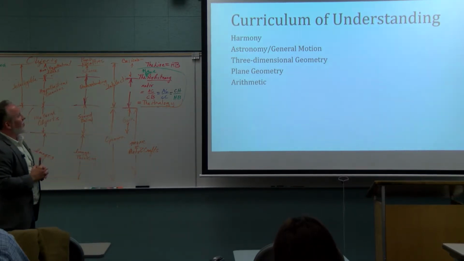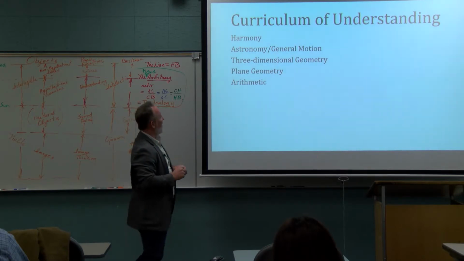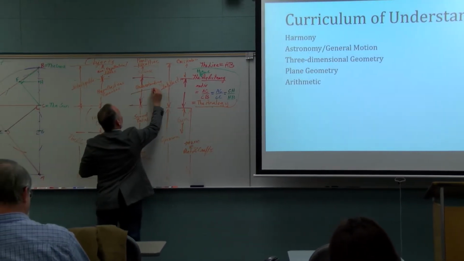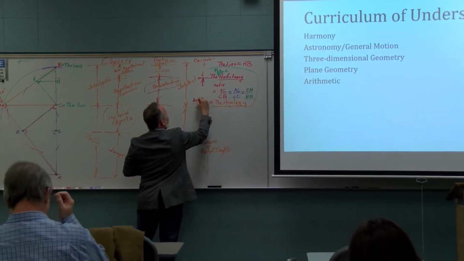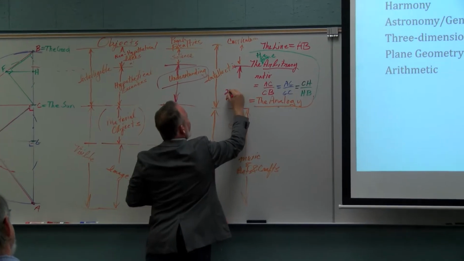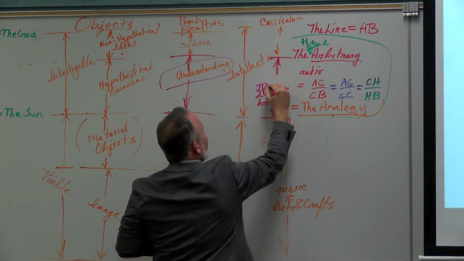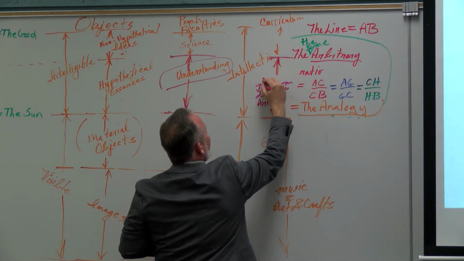So it took quite a number of millennia to get to the fulfillment of Socrates' kind of ideas here about what we normally call science, but what Socrates wants to call understanding. So we're going to have arithmetic, 2D geometry, 3D geometry, motion,